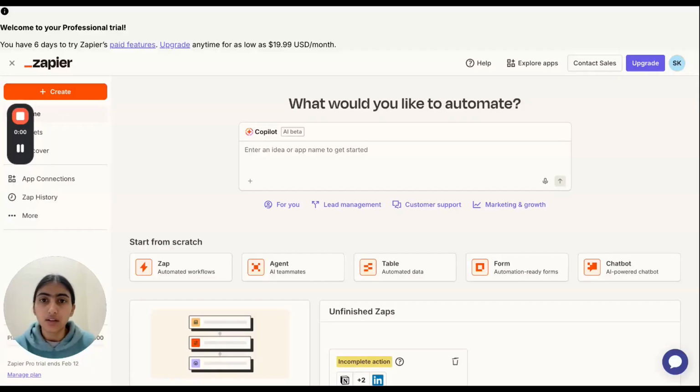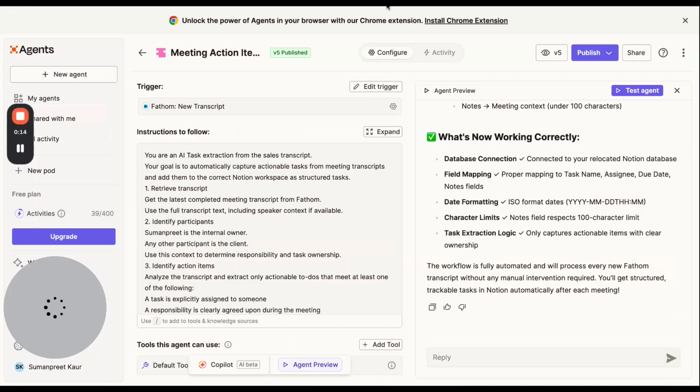Firstly, we'll start with the first AI agent. The first one is an AI agent that creates tasks from your meetings. Now, I used Zapier to create these AI agents, and I will get into that AI agent right now. You can ignore all of this stuff because I will be showcasing the function, not the setup.